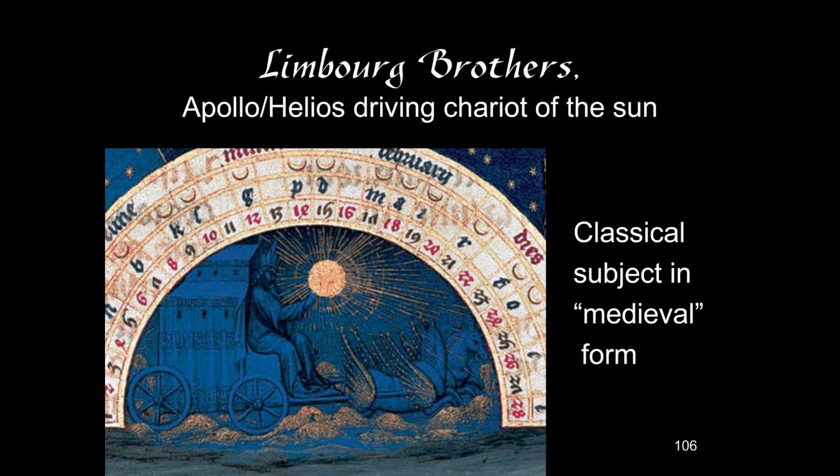So a goddess might be dressed like a princess. A warrior, say Hercules or Theseus, might be wearing plate armor or chain mail, depending on the time and place. And so a god is represented really rather as a king, and that's what you see here. And instead of a little Roman chariot that we think of from Ben-Hur or something, it looks like a gypsy caravan. It looks like a little house on wheels. It's a kind of medieval conception of the chariot of the sun.